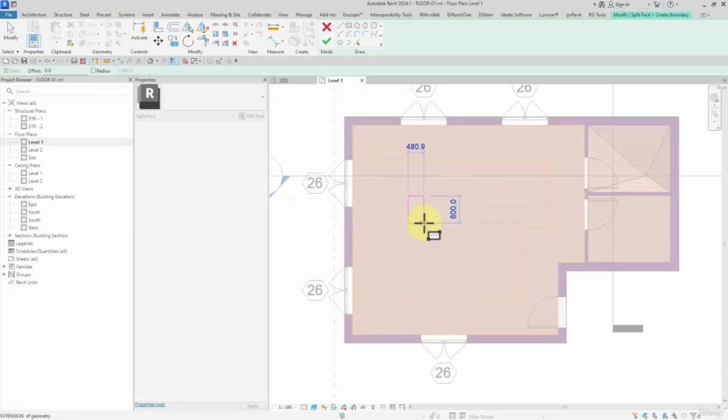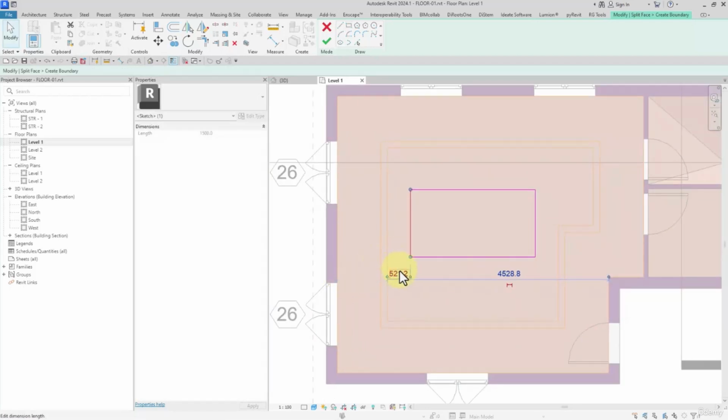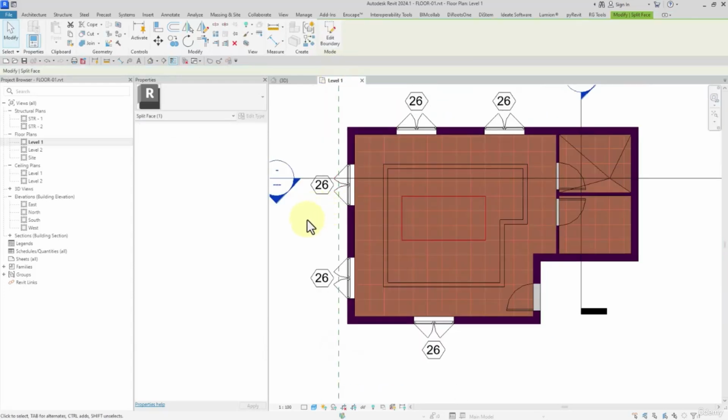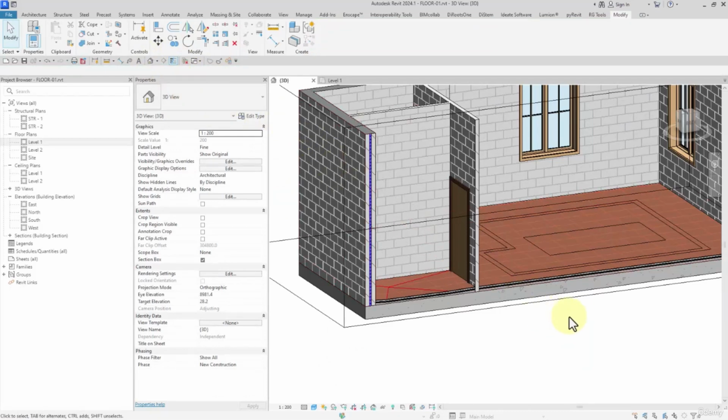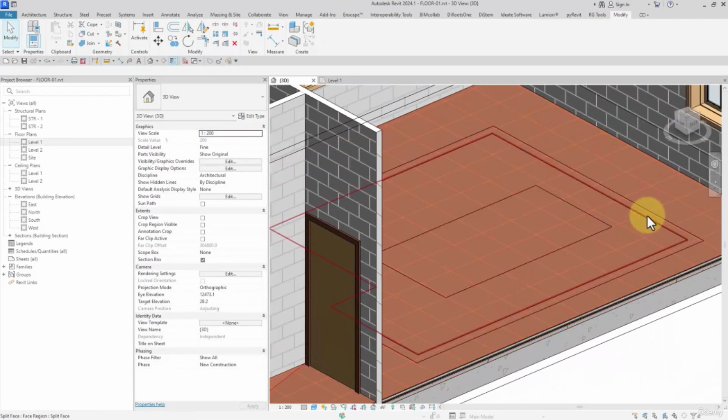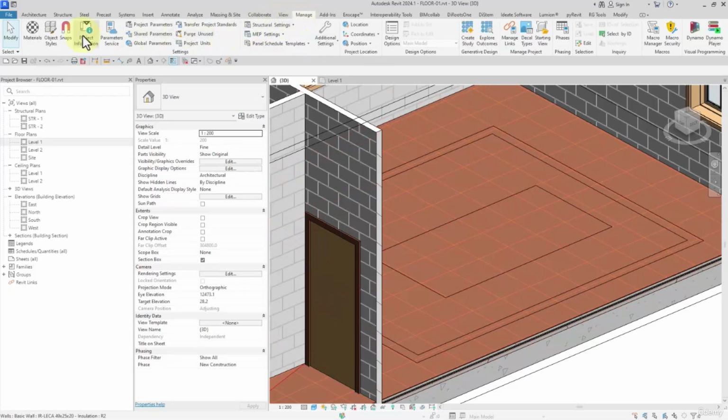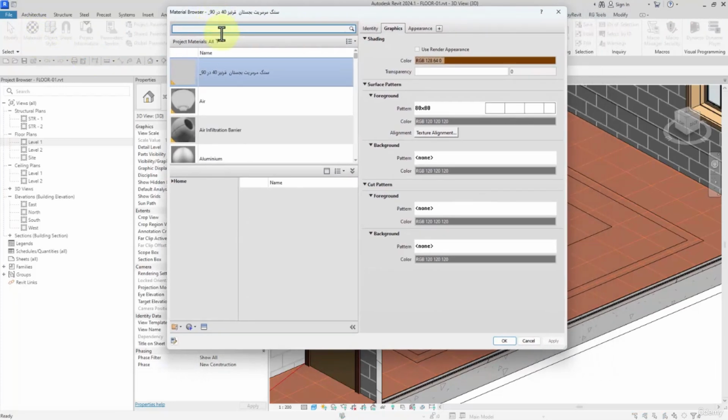Then we can click on a split face, drawing some other patterns like a rectangle, for instance, by this way, 0.5 meters, again 500s and 1500s, and then finish. Watch this. Right now we have drawn this using a split face, and we can associate a different material to this. Manage materials. In future sessions we'll talk about the materials in detail, after opening the material browser here from Home or